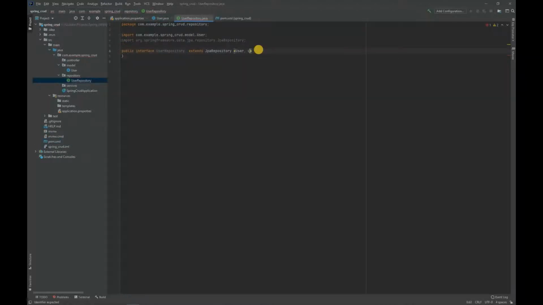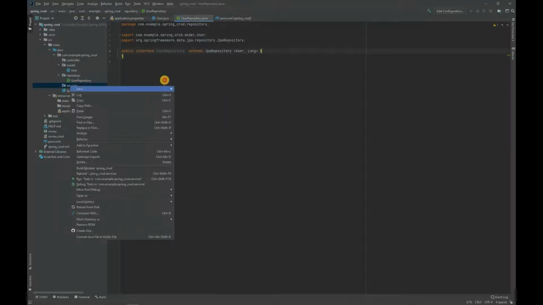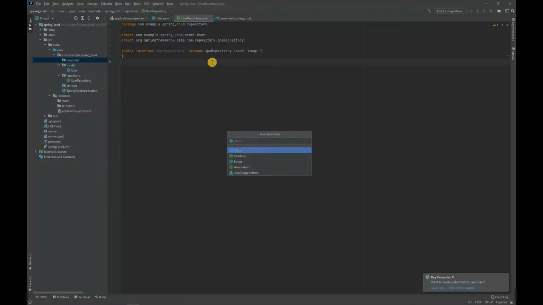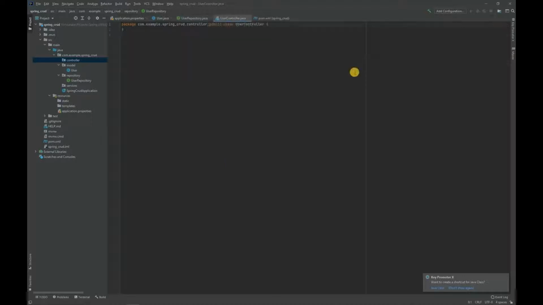Now, yeah, we're all set. Just put our primary key here. Yeah, that's all we need for now. And now the controller, let's just call it user controller,